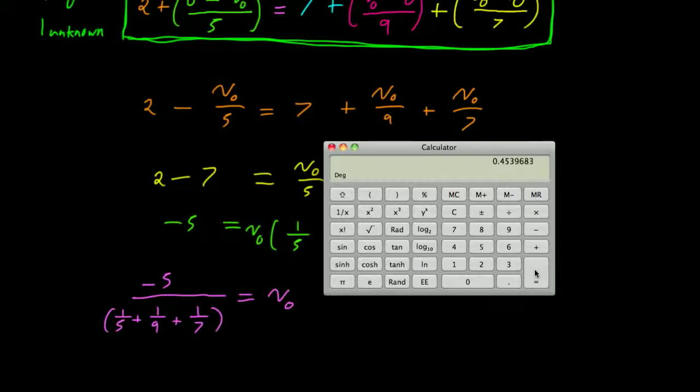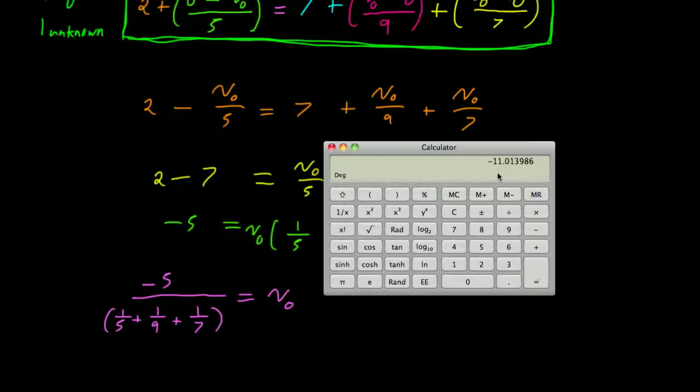So that equals that. And now I'm going to take the inverse of all of that, so I'm going to invert all of that. And I'm going to multiply that times 5. And now I'm going to multiply that times